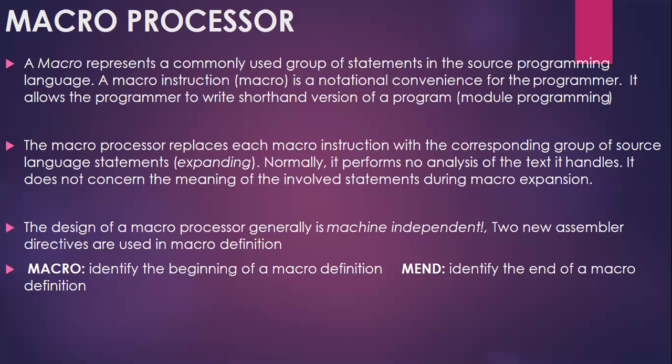If you want to achieve a particular task multiple number of times, you would need to write the same code multiple times to get the execution result. Instead of that, the task which should be performed multiple times is written in the beginning of the main program. I repeat, the beginning of the main program. The complete source code which completes that repeated task will be available. Using some directives, we define that section of the program as a macro. The starting location of the macro and the end of the macro both will be identified by using some directives. Then later you go for writing the main program.